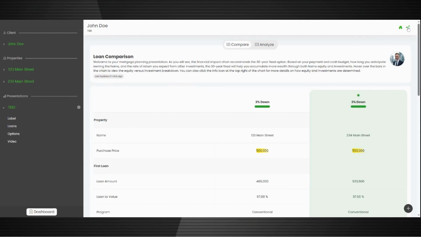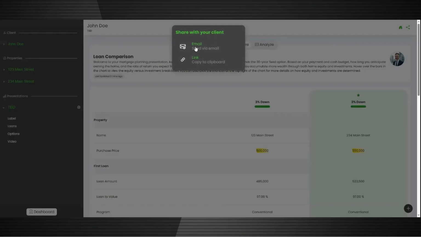So now that I'm ready to deliver this presentation to the client, all I need to do is go to this share button here. It will pop up two options. One is email, the other is link. Email will launch your native email application, place that link in the body of the email, and then you can type your message and send it off to the client. The copy link will allow you to copy and place that link in perhaps an already proposed email, or if you're on